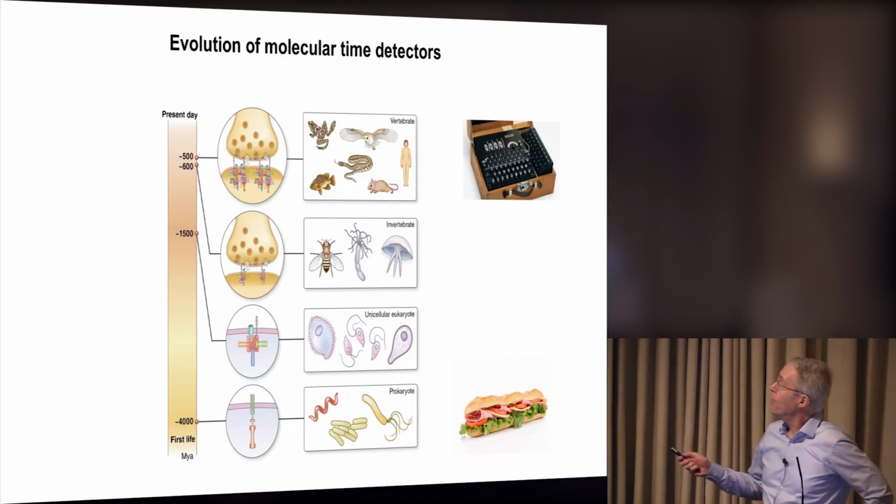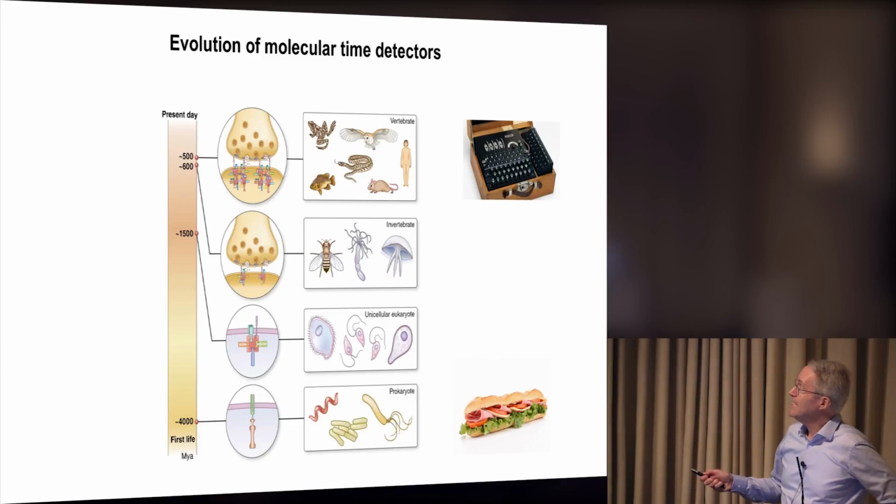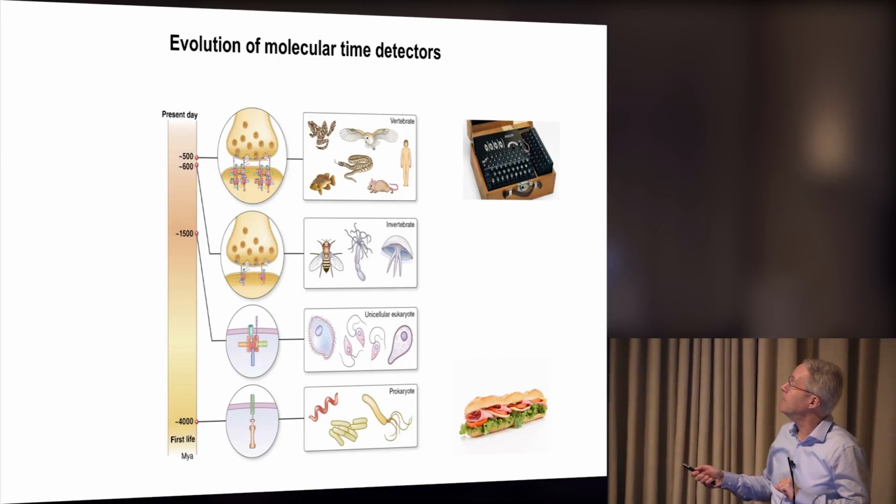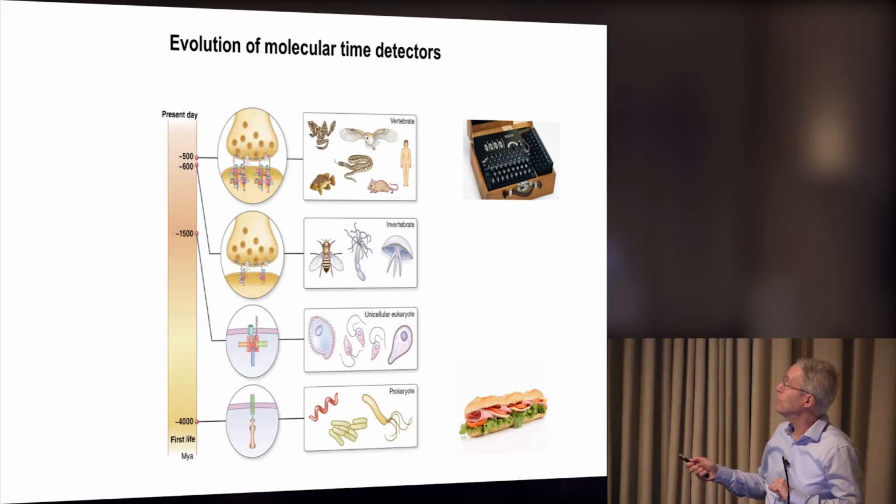And those are the direct descendants of this ancient machinery that was measuring time in bacterium, which was used to find its lunch. That same molecular machinery, which is now very much more complicated, there are many more of them, they're much larger and more sophisticated, those molecular machines are the ones that are decoding time and the neural code in all vertebrate